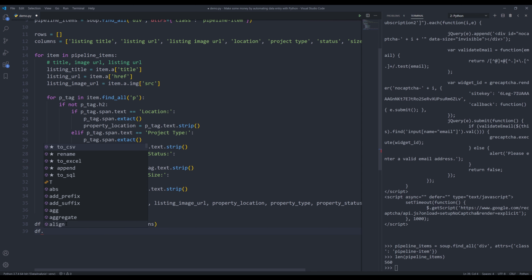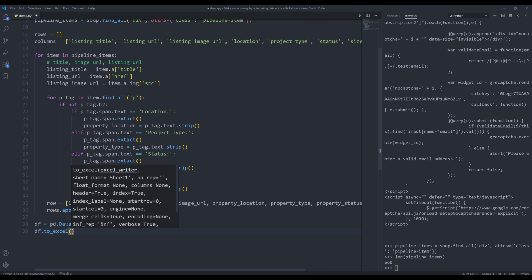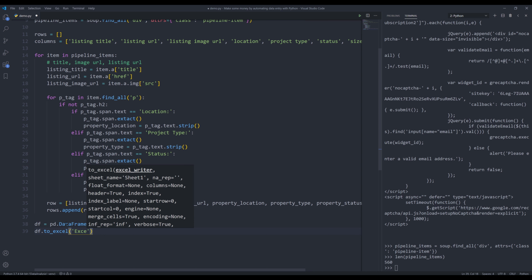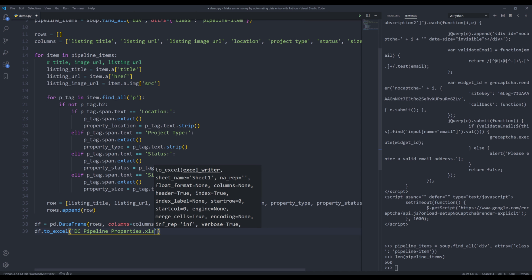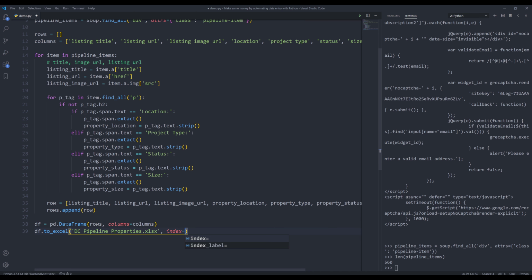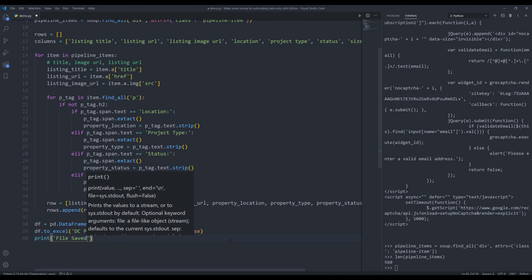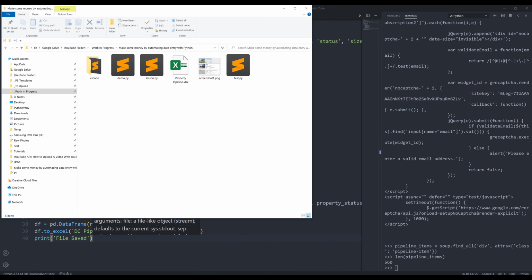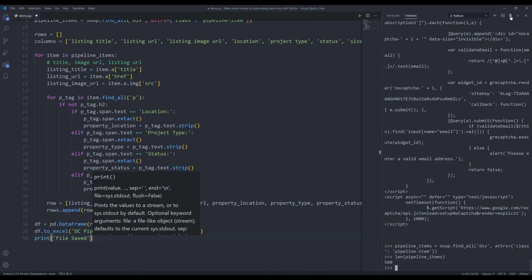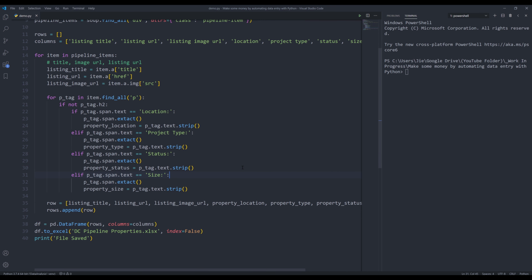And since I want to save the dataset to an Excel file, I'll insert the toExcel method, and I'll give an Excel name. So let's call this DC pipeline properties .xlsx. I'm going to ignore the index. I also want to print a message, file saved. Now let me go to my folder and delete this Excel file. Now let me terminate the session. Now if I press F5 to run the script,